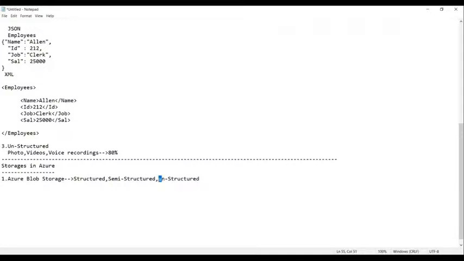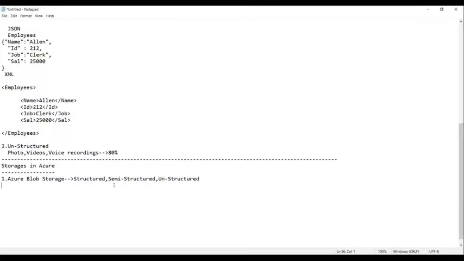These are the types we can store. So the Azure Blob Storage can store any kind of data.